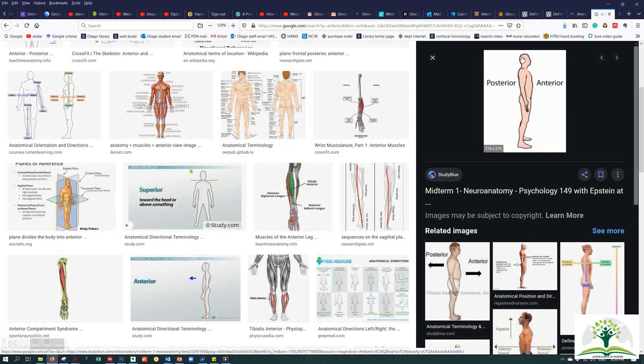So I'm going to select this image. What you have to do, click on the image and save it to your computer. If it is hard for you to find a proper image, go to the resource page and look for the categories, because Google is categorizing the results under different titles. As you can see, I'm going to select anatomy.